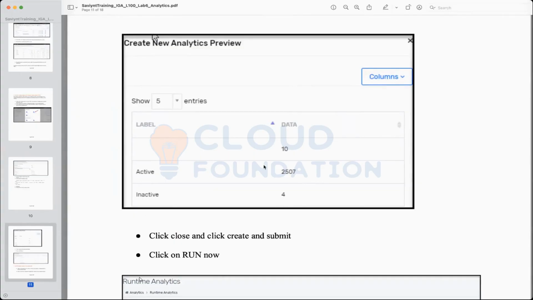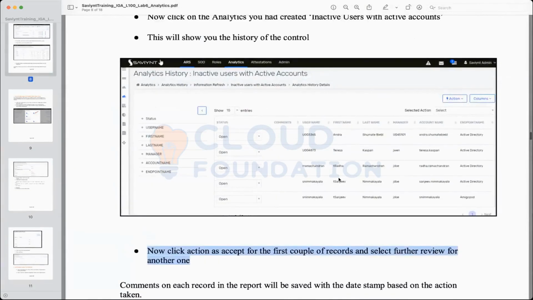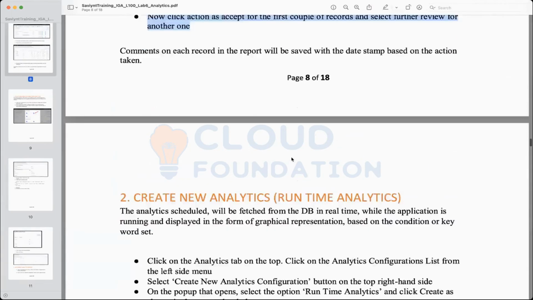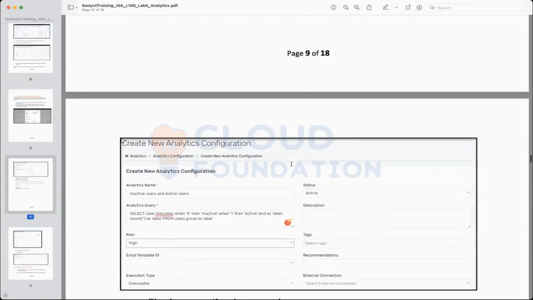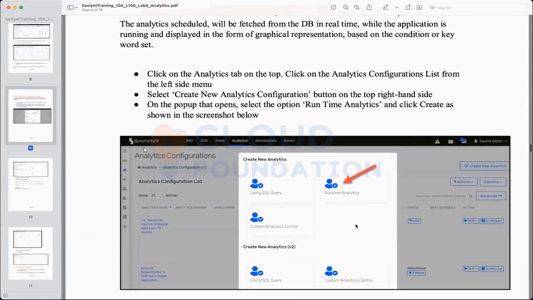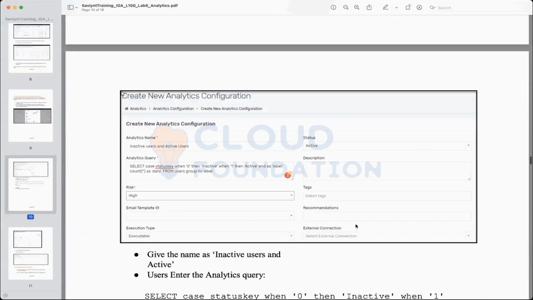Correct. Here you can see how many active users do we have, let's say 25 or 250,000. And how many of them are inactive? Just 4, right? What's important is that we don't always want to see the user information at times. We just want the governance piece to give us the numbers. And that is what runtime analytics is for, that you know the present numbers.